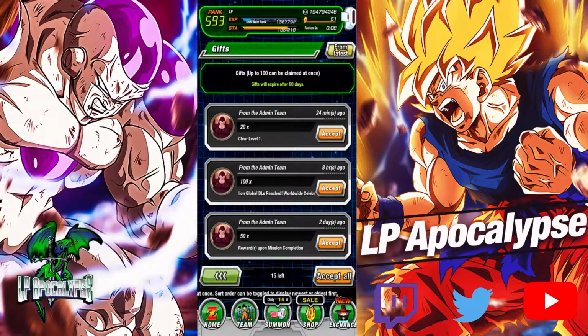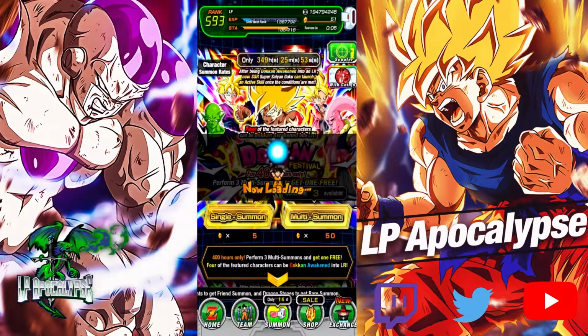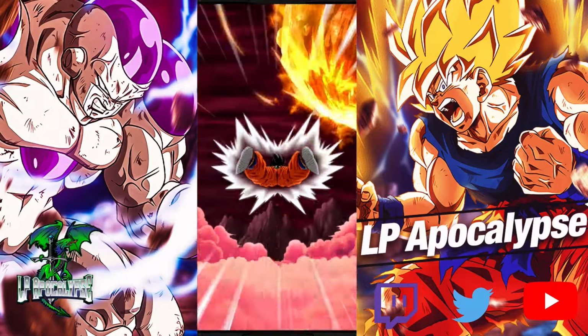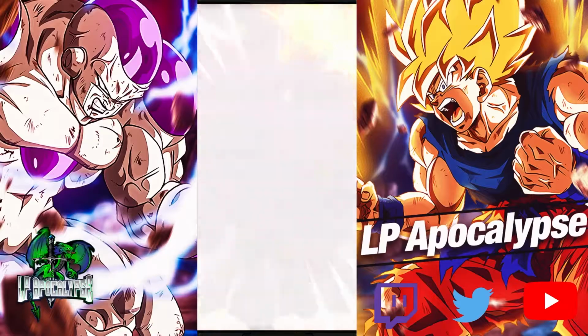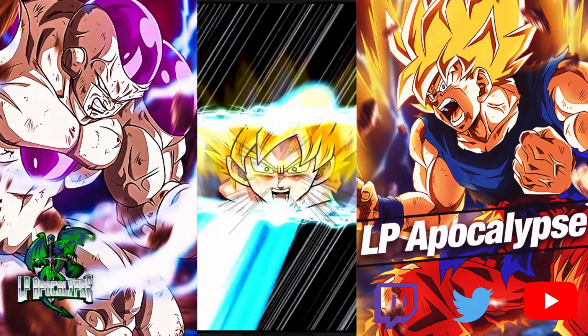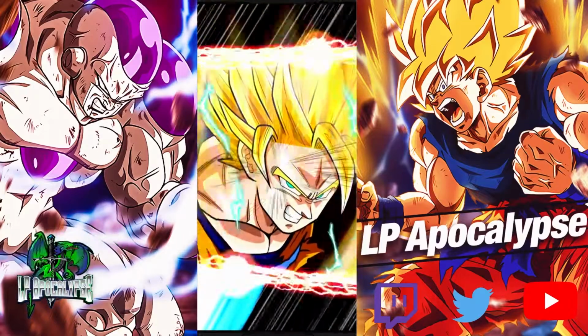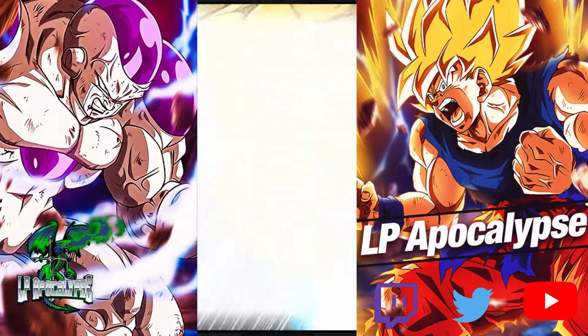I look at my stone count. I'm like, all right, man, why not? Let's try this out. Maybe battlefield luck. And I see it, and I don't know why, Piccolo's been in every single animation that I have. And if he's not with Gohan, I just don't want him around. So we do the summon, and...